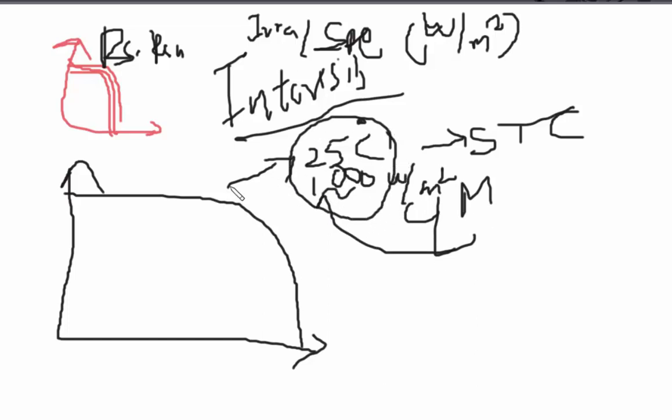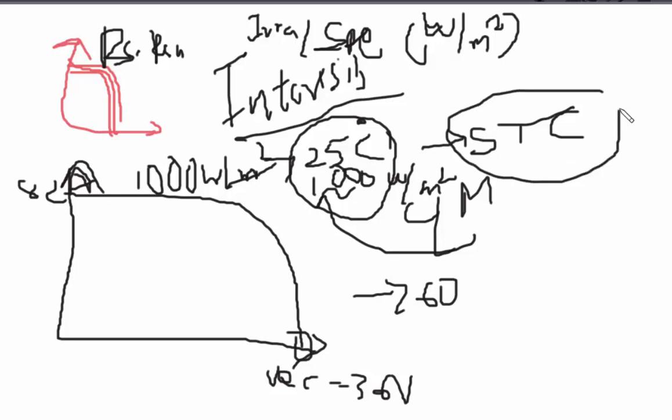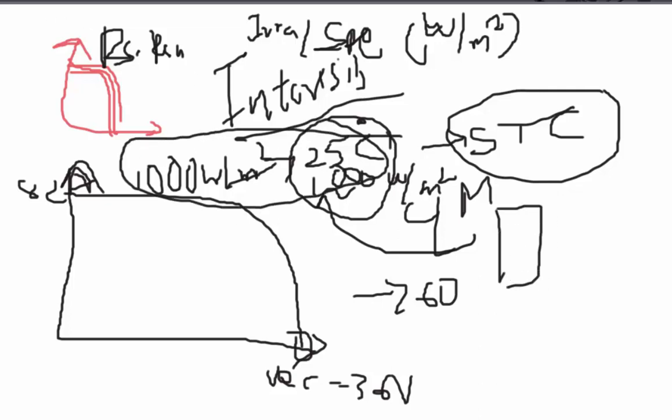The solar cell or module is designed for these parameters. Okay, so this IV curve is for 1000 watt per meter square, if we consider a 60 cell module with VOC of 36 volt, ISC is 8.2 ampere. This is standard for STC format for all the solar modules. If you see the solar module data, you will get all these details. Okay. Now we will see how intensity changes my solar IV curve.